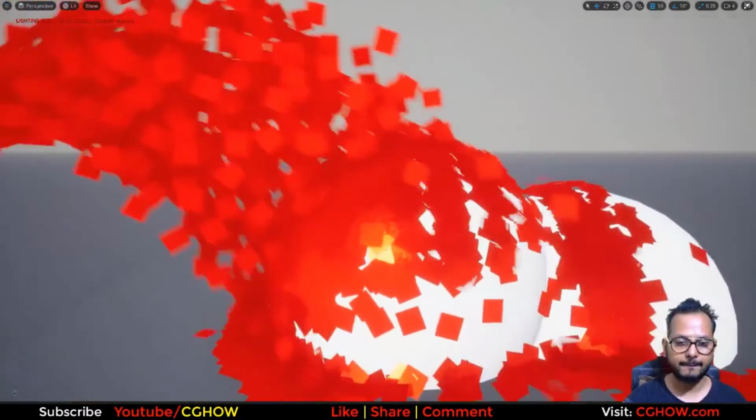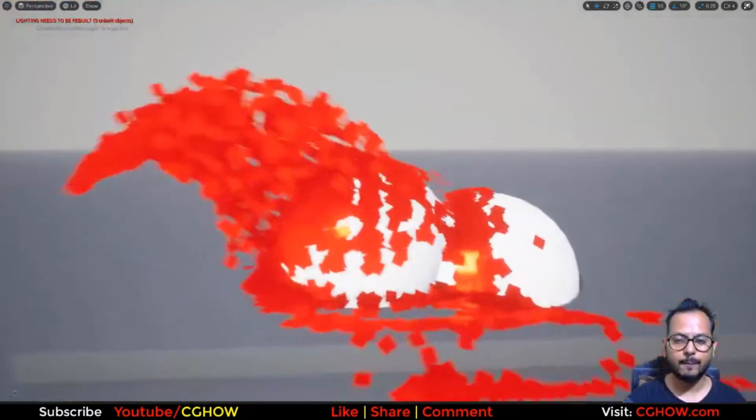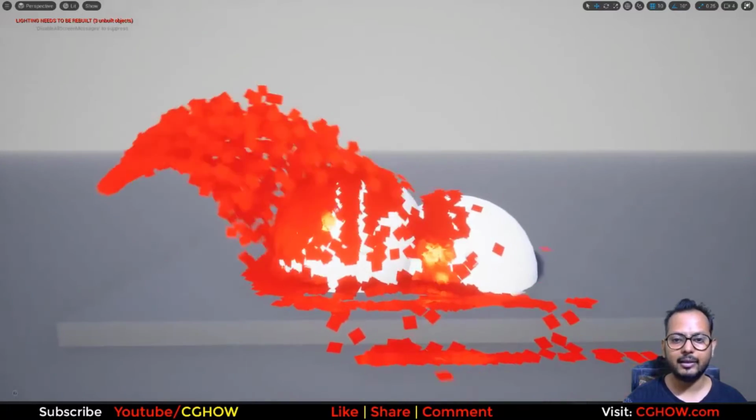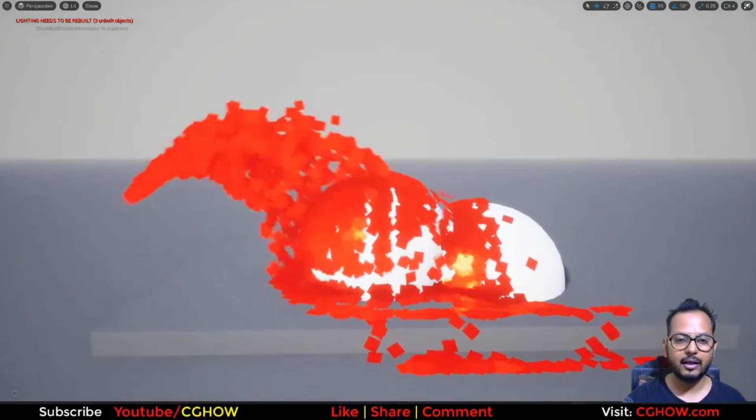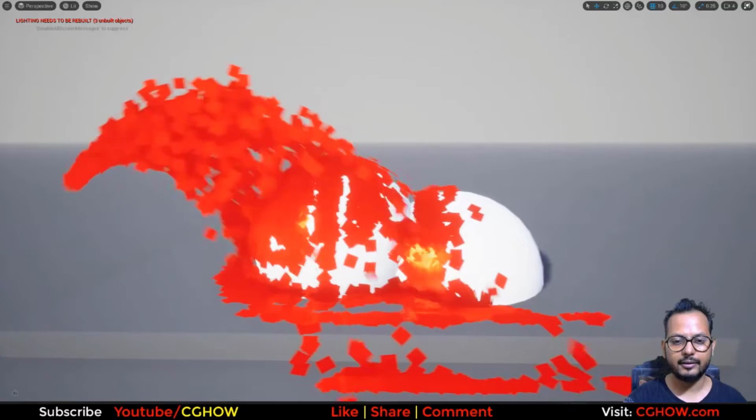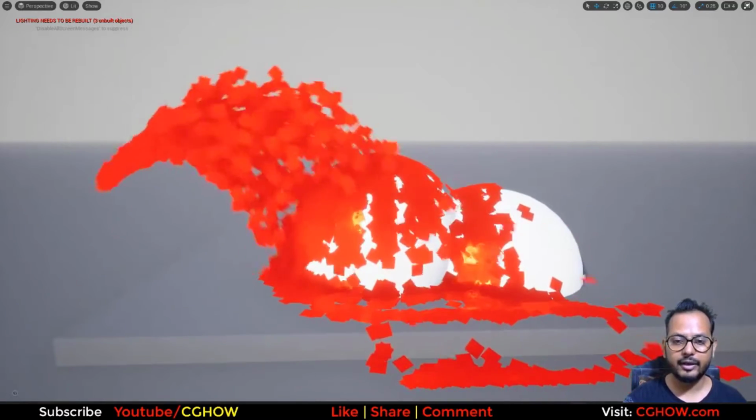Actually this is not an effect but a trick to make custom alignment. Like you can see, the particles are facing the camera, and when they collide with the sphere, they are facing